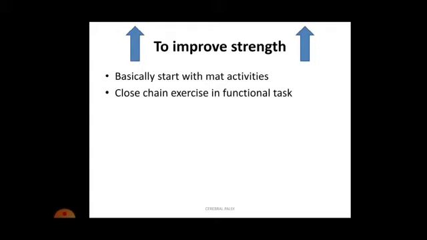Then closed chain exercise. So again the closed chain exercise will need co-contraction of muscle, co-contraction of agonist and antagonist. So this will also increase our muscle strength, and this weight bearing or closed chain exercise will be also useful in day-to-day activity. Okay, so it is nothing but functional task. Okay, so that is nothing but kneeling, half kneeling, standing, okay, walking, all these are different closed chain exercises. Then vestibular ball push with upper extremity and lower extremity. Clear? So that will be also increasing your strength, because that is a type of functional activity.